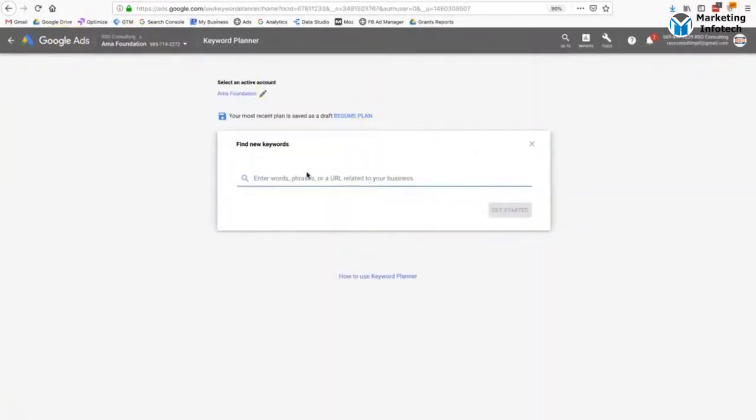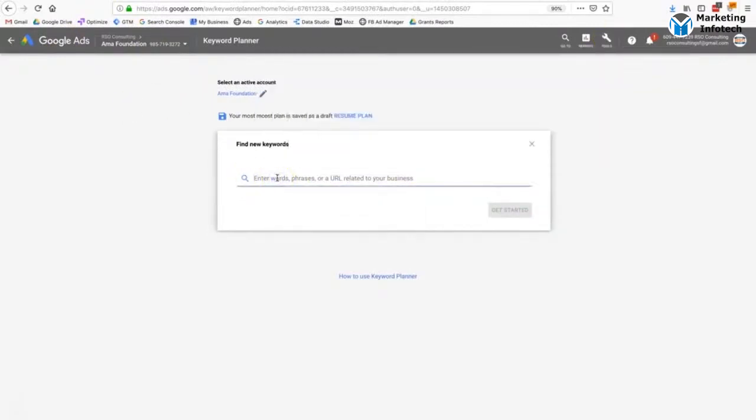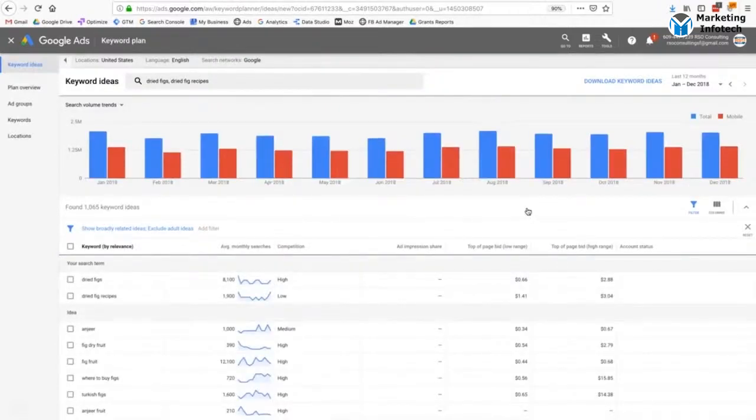So if I'm having a Google Ads account, I could simply go to Tools and then choose the Keyword Planner. And from there, I want to find new keywords. So if I choose the keyword dried figs, because that's the keyword I put in my spreadsheet that I'm interested in optimizing for, and then maybe dried fig recipes. That was the other keyword theme. So if I enter those two keywords in, just to begin with, basically what Google is going to give me